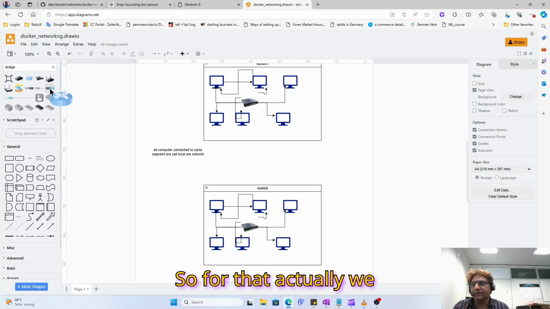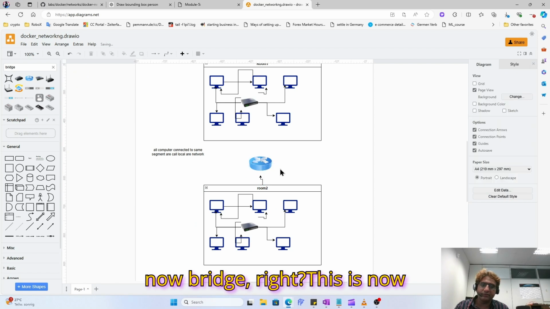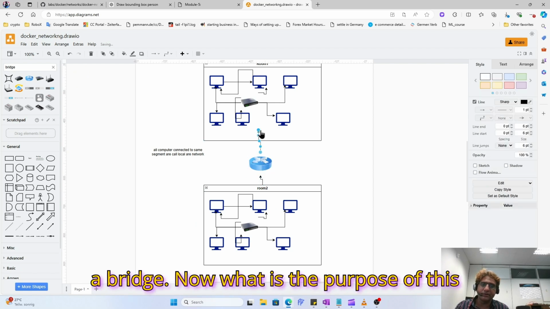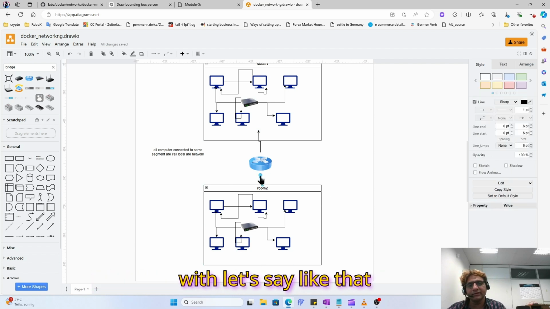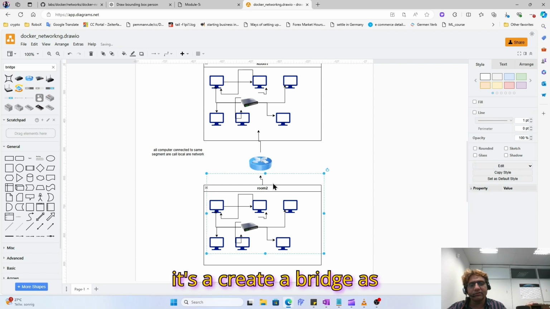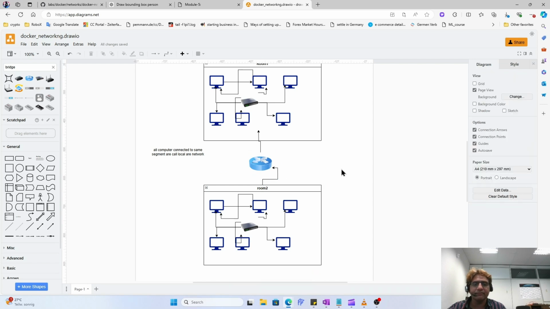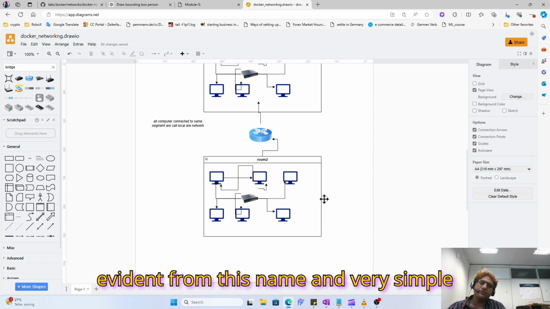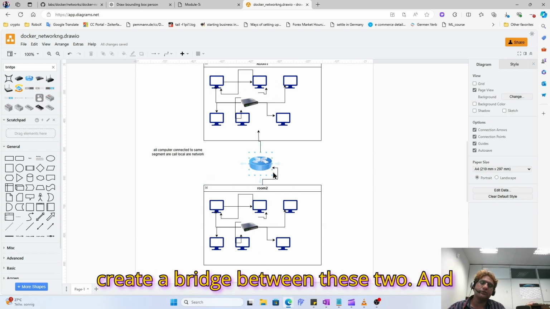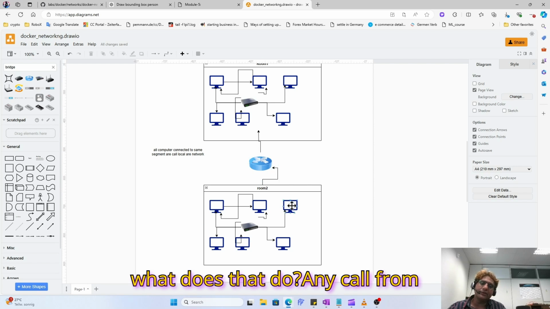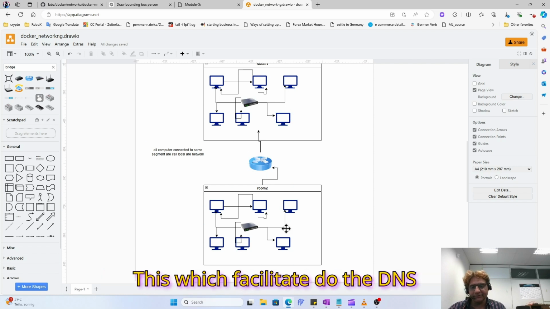So for that we need a bridge. Let's say this is now a bridge, right? Now, what is the purpose of this bridge? As is very evident and simple from the name, this is the bridge which creates a bridge between these two. And what does that do? Any call from this computer to this computer first goes through this bridge, and then this bridge facilitates